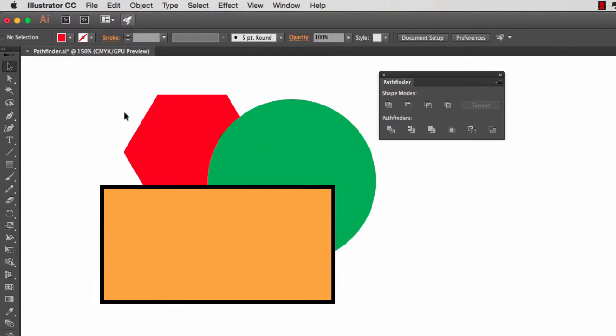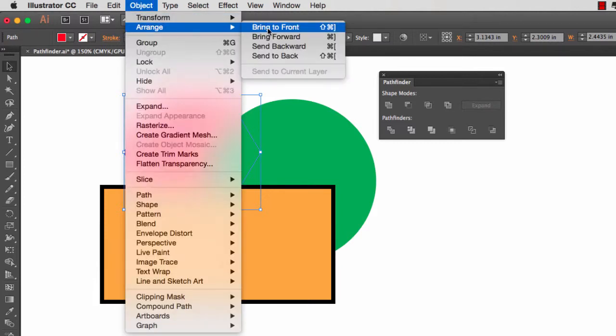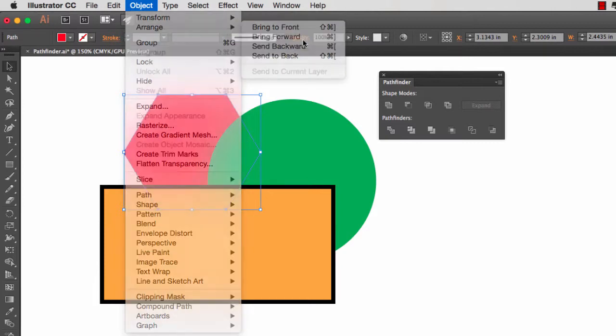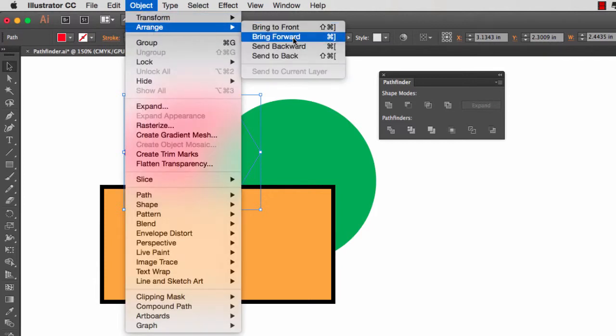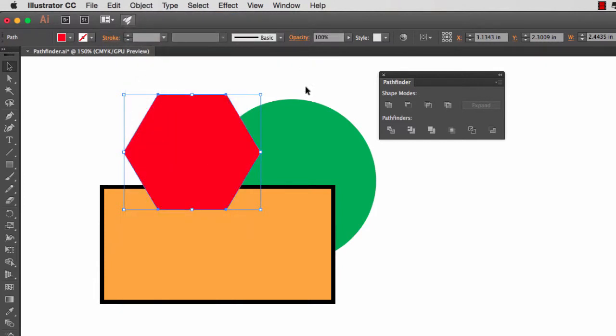To rearrange the order of objects, you select the object and then you go to Object, Arrange. You can bring to front, bring forward, bring backwards, or bring to back. So if I go bring forward, it's going to go in front of the circle but not in front of the rectangle. To do that, I'm going to undo. I will go to Object, Arrange, Bring to Front. And now the polygon is on front of everything else. So I'm going to send the polygon